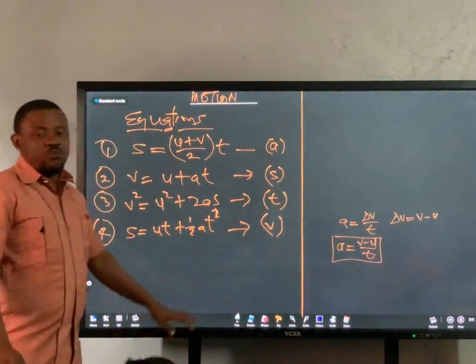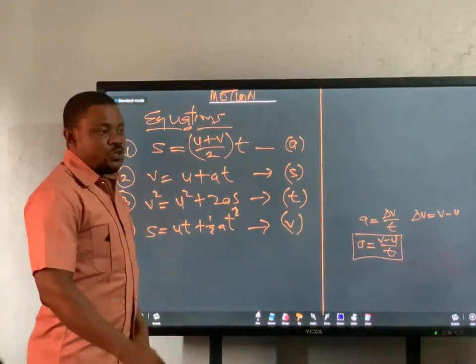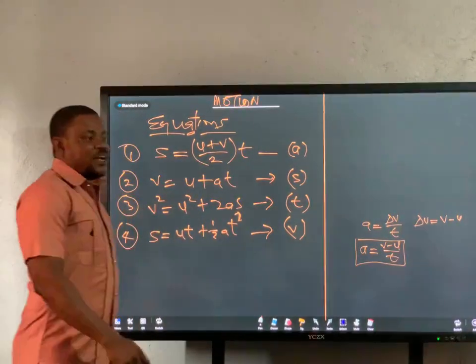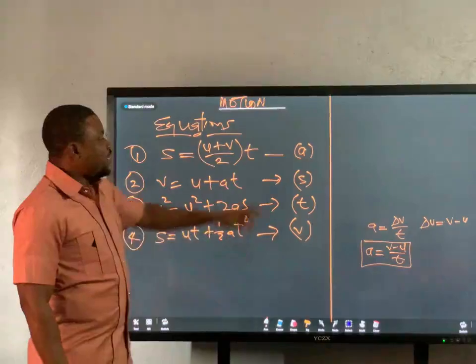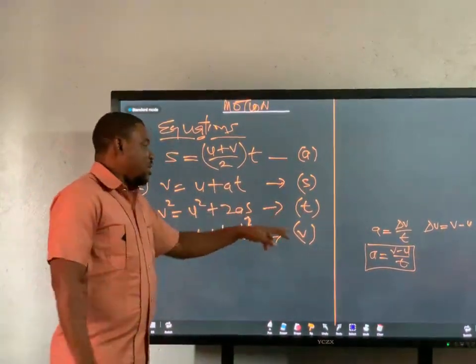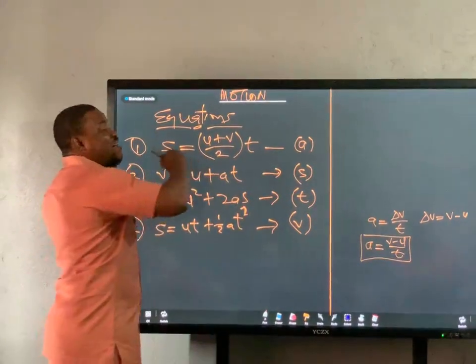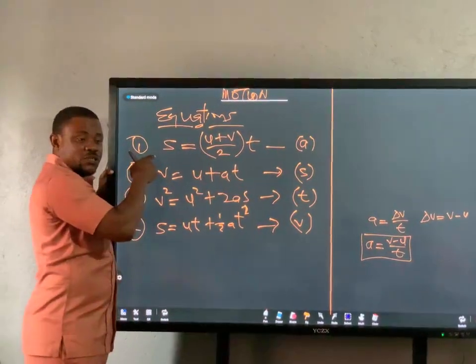So I told you if you want to remember, ASTV, like you have DSTV. The first doesn't have a, the next doesn't have s, the next doesn't have t, and the next doesn't have v. So if you're going to do any calculation that does not have a use for acceleration, you're using the first. If you don't have